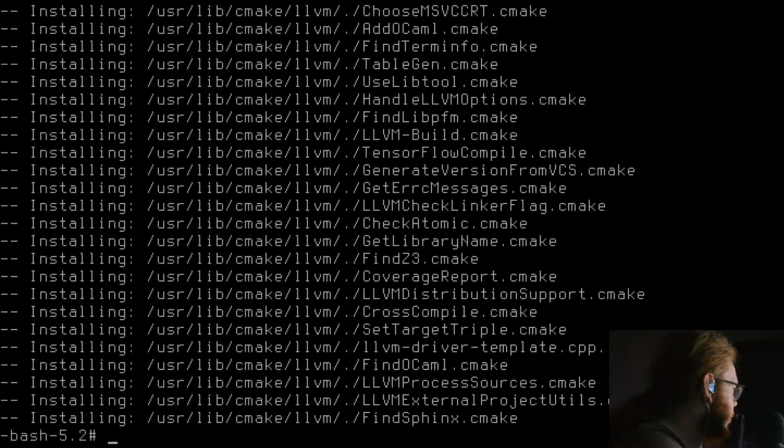Right, now that we have done LLVM, we go back to Mesa, because that's as far as we got. Because it is recommended that you have LLVM for Mesa. Even though it's not recommended, it is mandatory. Right. Let's go check.